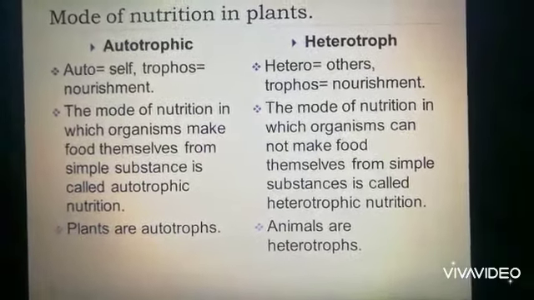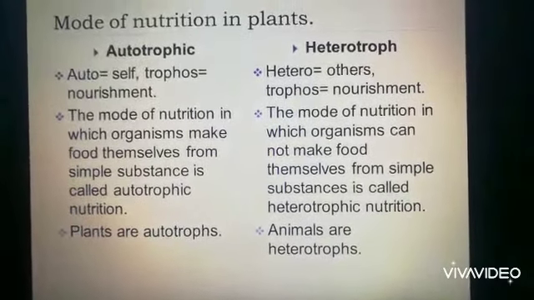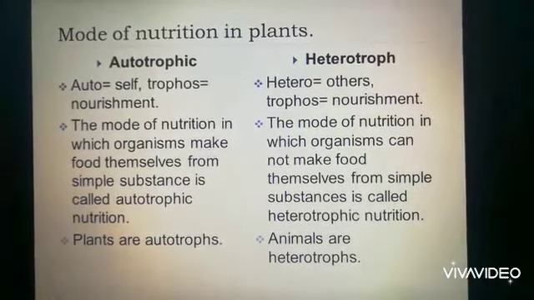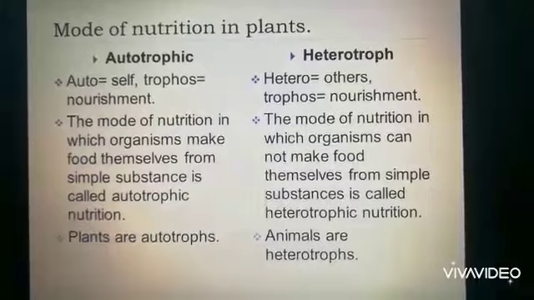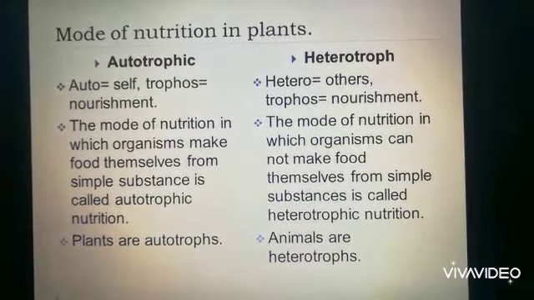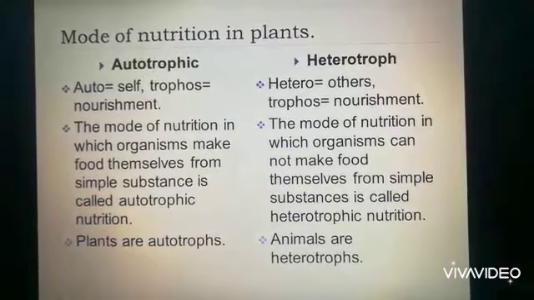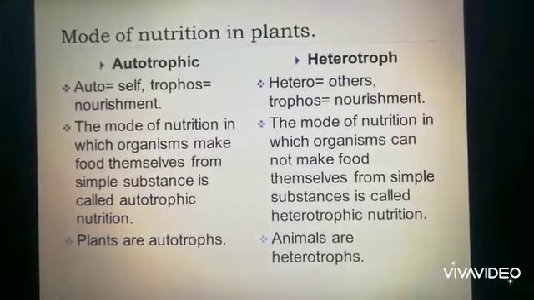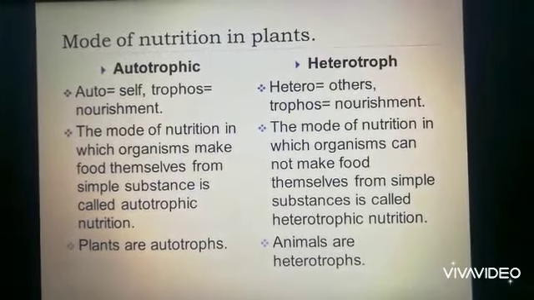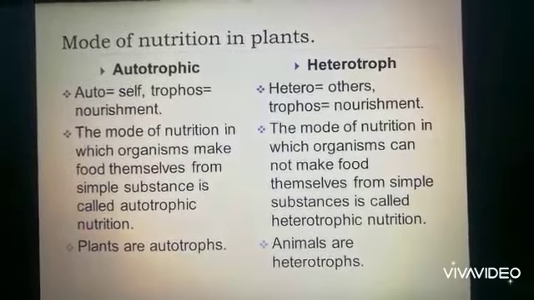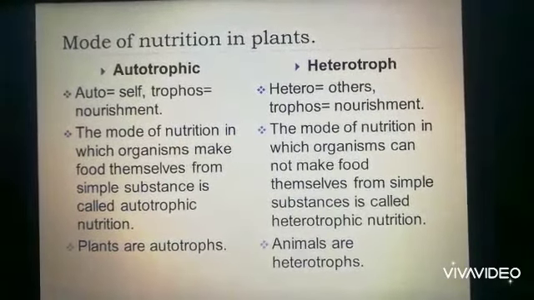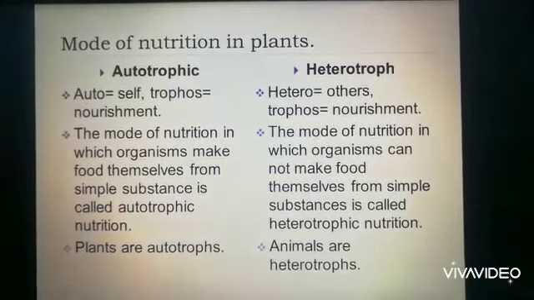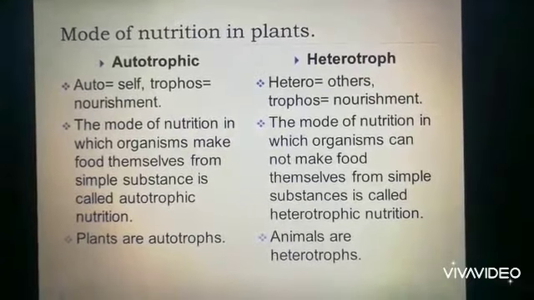Okay, so as example, humans or else animals. We humans also have this carbon dioxide, water, sunlight. Then also, are we able to make food, that is fruits, vegetables? No, we humans are not able to make food out of all these simple substances. So we are depending on the plants for food purpose. That's why we are called as heterotrophs. So I hope it is clear what is autotrophic mode of nutrition and heterotrophic mode of nutrition.